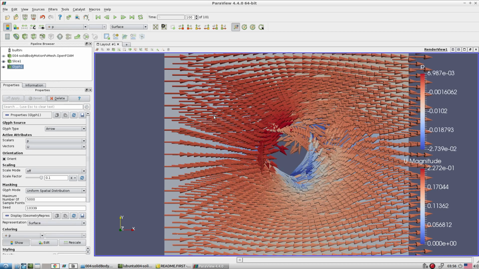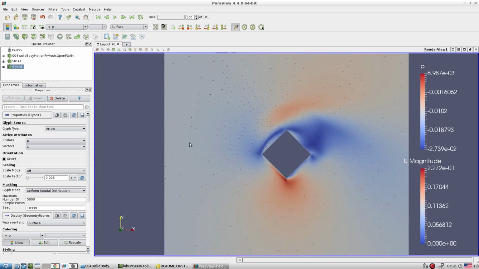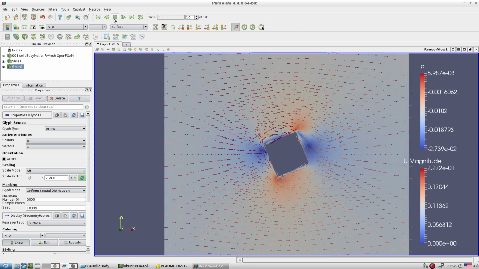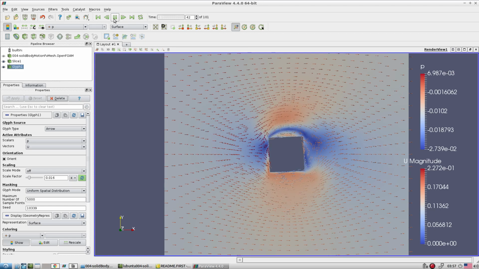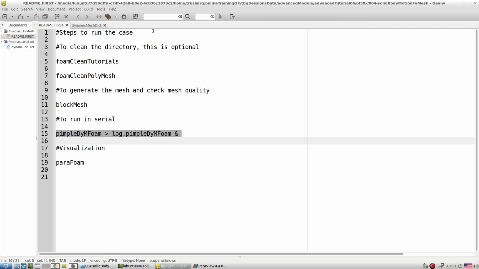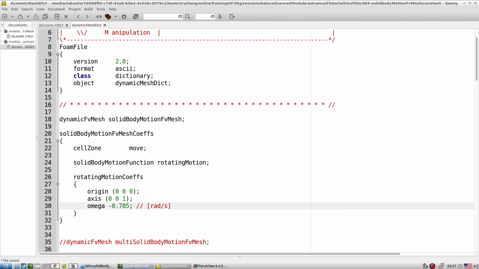From this portion, some amount of velocity is approaching. This is incoming, now it starts rotating. Look at what exactly is happening with the flow profile, it gives us a certain idea. This is rotating in a particular direction, and you can tune the rotation. Let's say minus omega, it is going to rotate in the other direction.